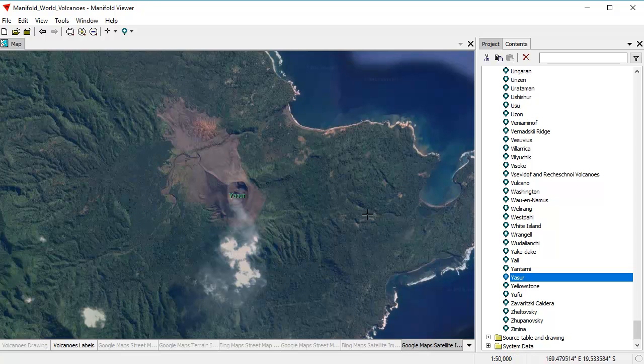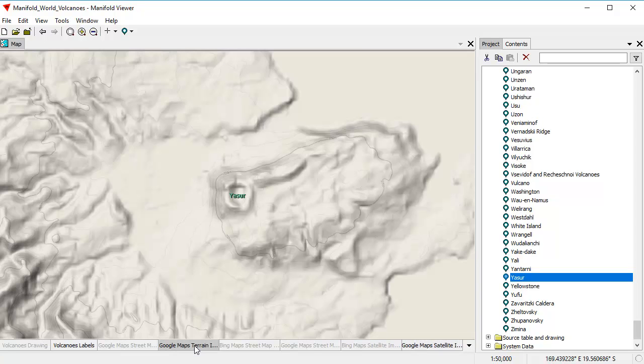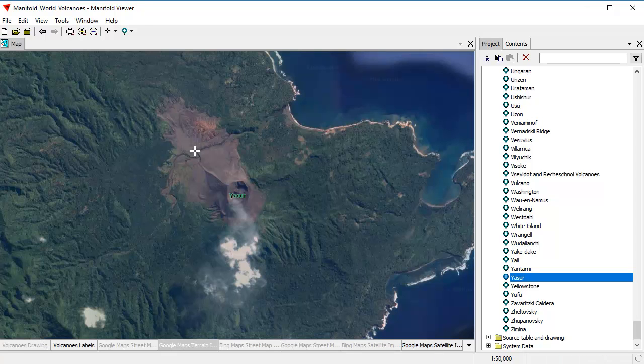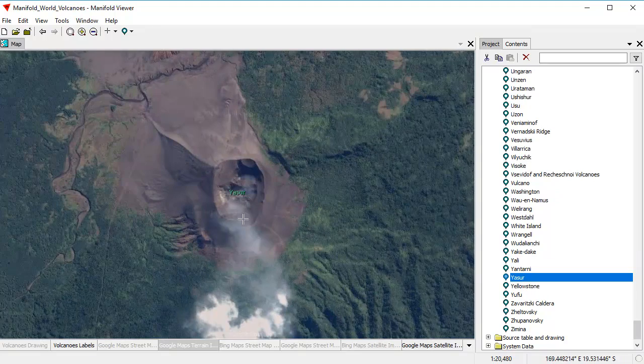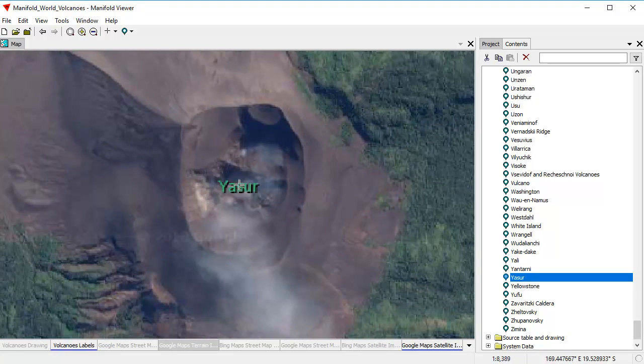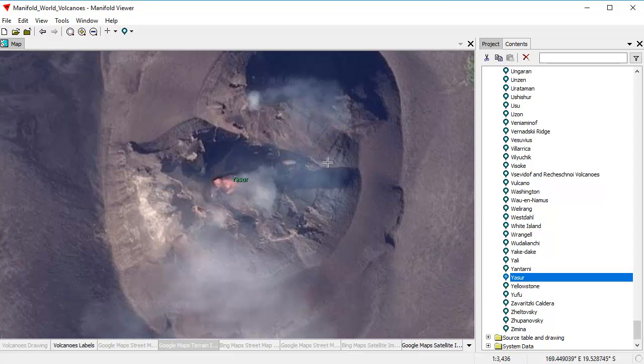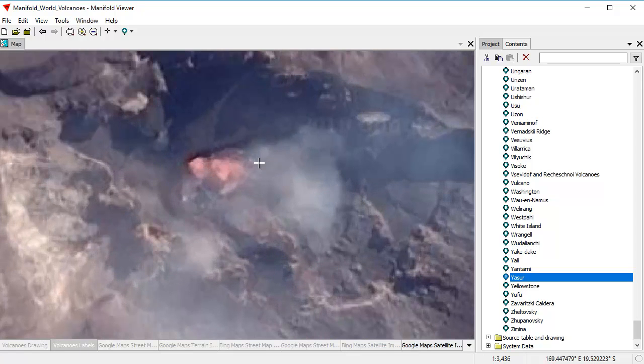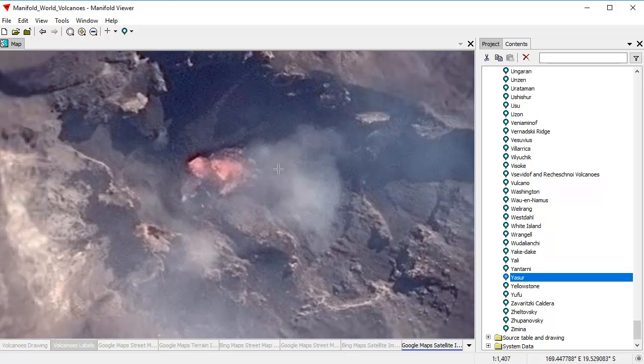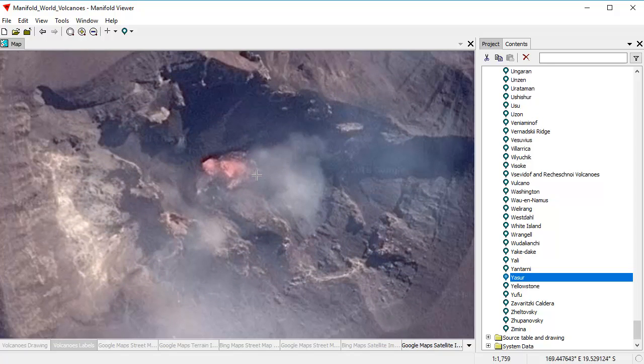But Google has lots of data. In fact, it has a full terrain elevation, and it has some very good photo imagery. You can zoom all the way into this baby, into the crater, and you can actually see live lava. What's really nice is that when you look down the throats of some of these volcanoes from satellite view, turn off those labels so you can get a better look at this, you can actually see lava in the deep throat of the volcano going straight down. So I hope you've enjoyed this